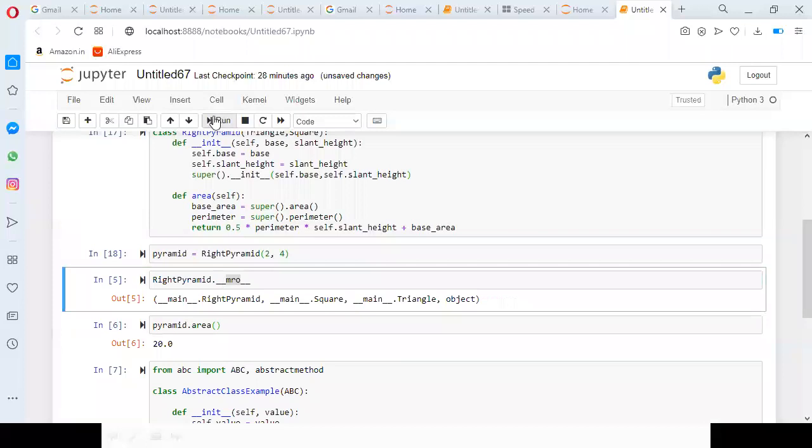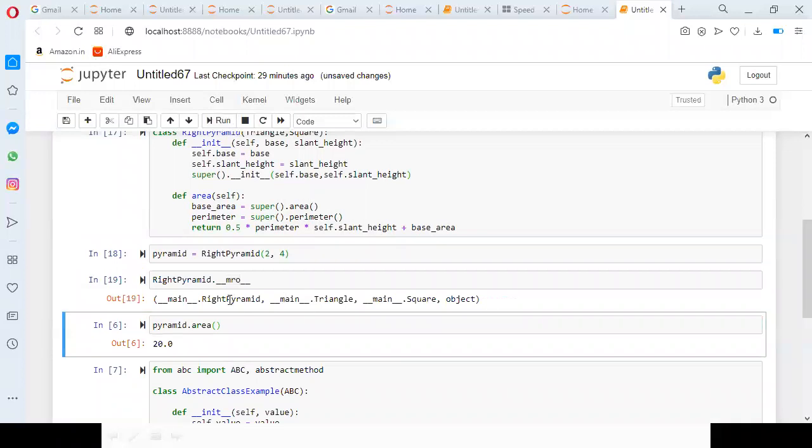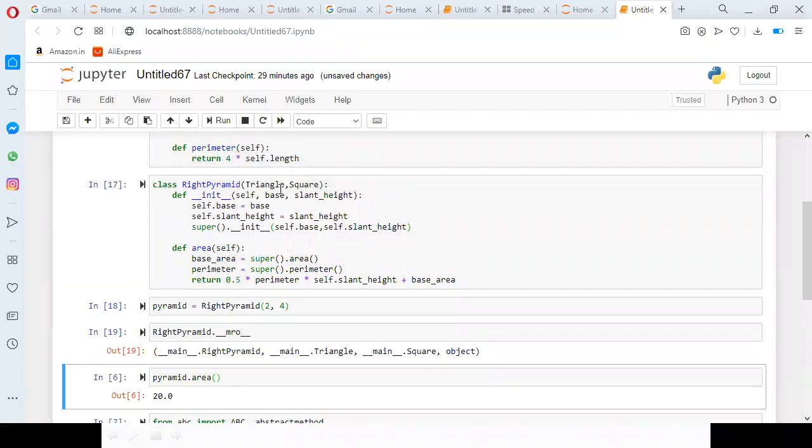Okay. So when you execute MRO, just keep in mind that now it is getting main right pyramid, square, then triangle, object. So when I execute this command now, right pyramid, triangle, then square, then object. So super is giving preference to the first class which is defined in hierarchy.